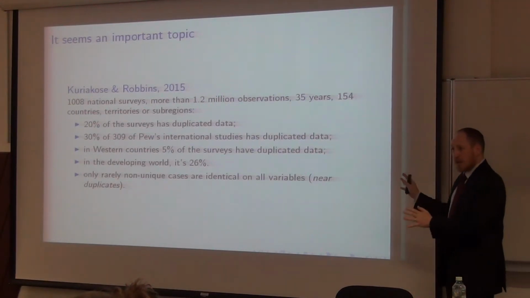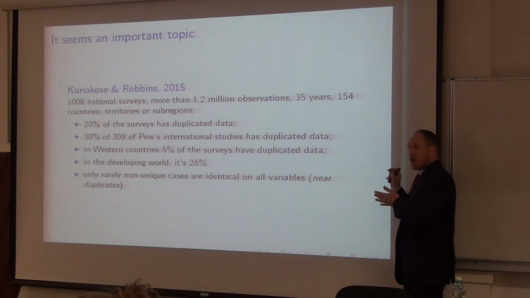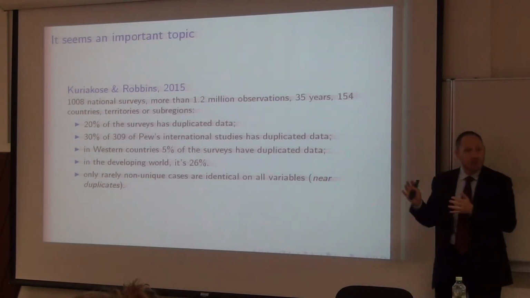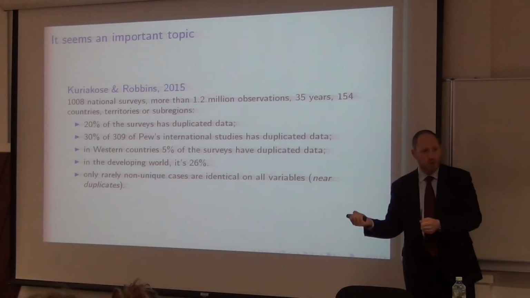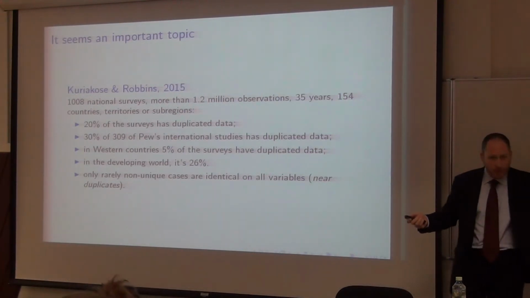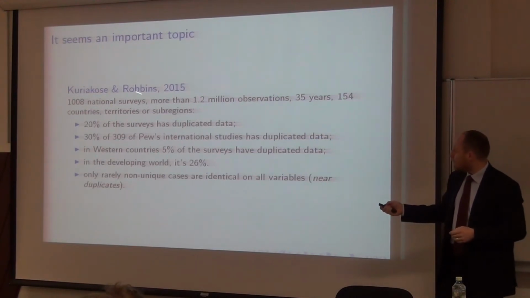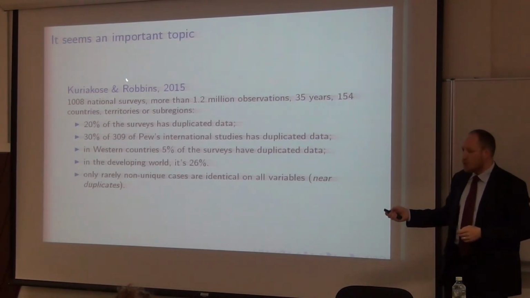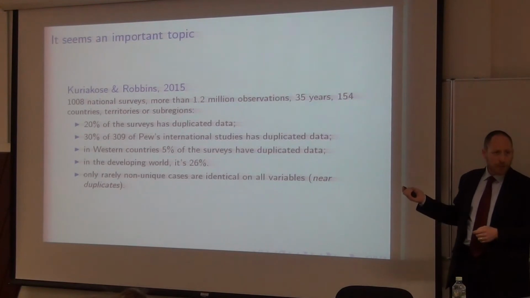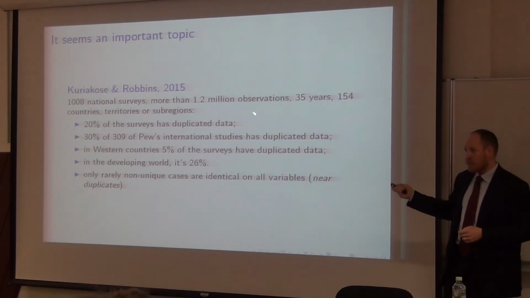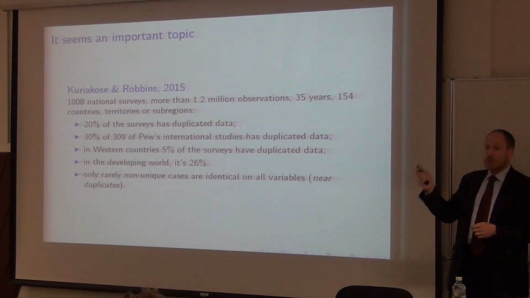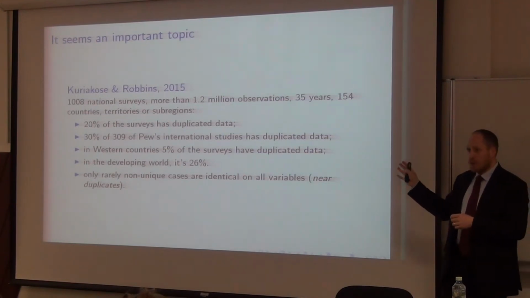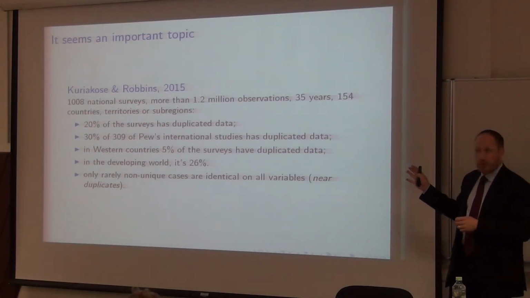Now, the debate that has come out of this is curious. If you read what has been going on in the press on this, it's very strong. Pew uses very strong words against Robbins and Kuriakose. By the way, just for information, Robbins, I don't know where he is now, but he used to be the director of the Arab Barometer. And he ran his analysis for the first time on Arab Barometer, documenting this kind of problem, and then started investigating his own data. And he found that he had some false positives, but he also had some real cases